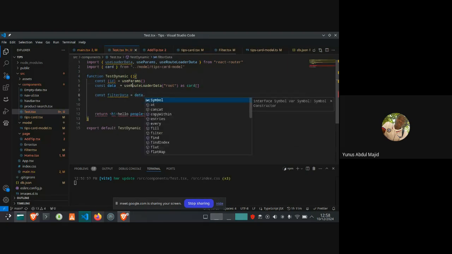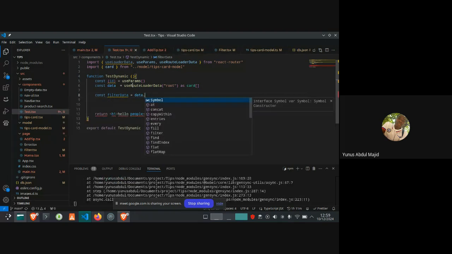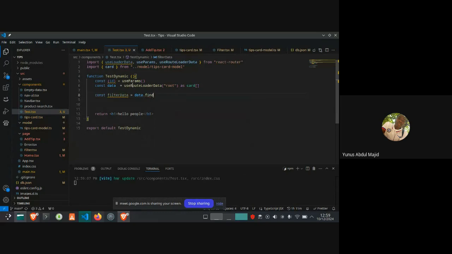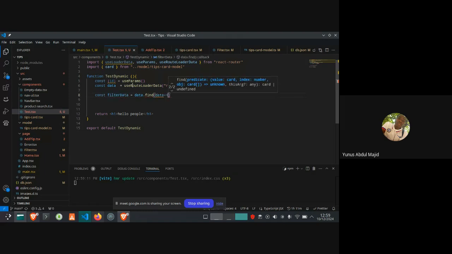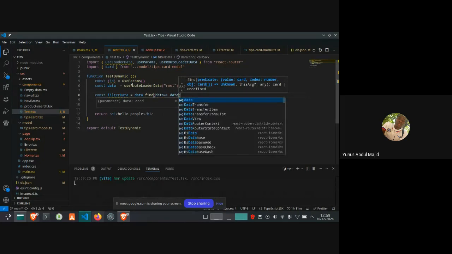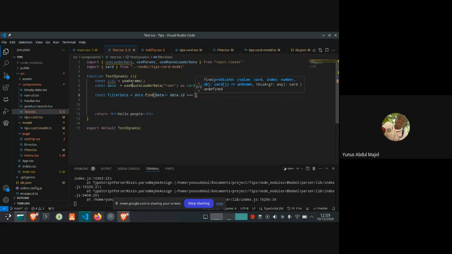Data dot find, because we want it to be a single data. Data find, return data dot id that is equals to id.